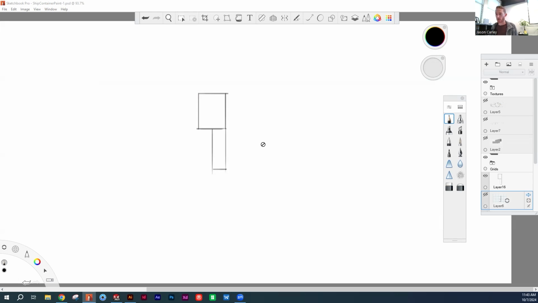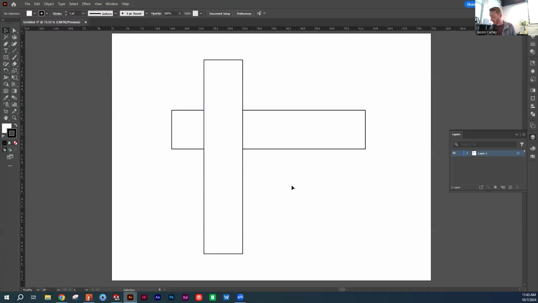To move forward from here, often the hardest thing when going into perspective sketching is to translate something that is 2D or orthographic into perspective. So I'm going to show you a few different ways that you could proceed with this project using some of the software tools that you might be familiar with. If you have some CAD background, awesome, I can show you some ways to use CAD. If you don't, that's okay too. There are some handy tools in Illustrator. So, jumping back into Illustrator,